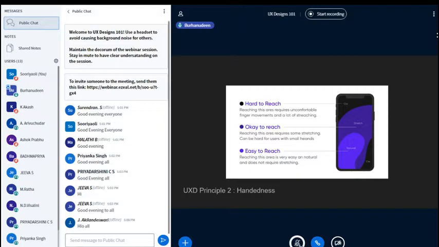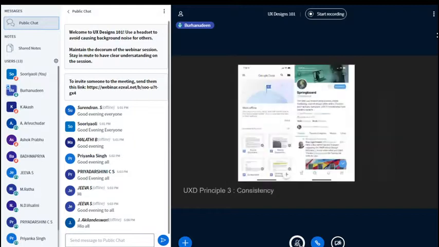So there is also another option where you take into consideration you're designing games, which is two-handed. So that definitely differs from the use case. So it's an interesting example of how the user experience design works behind the digital product. And then this last principle I'm sharing is consistency.